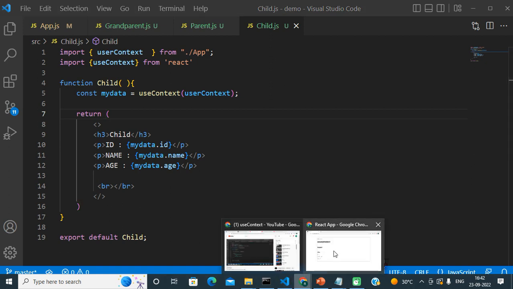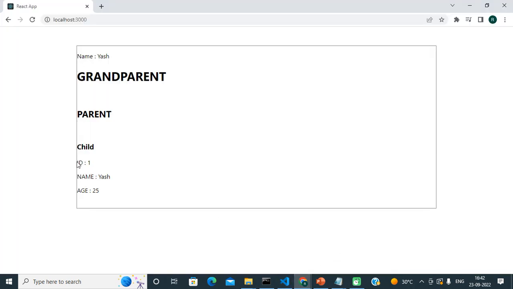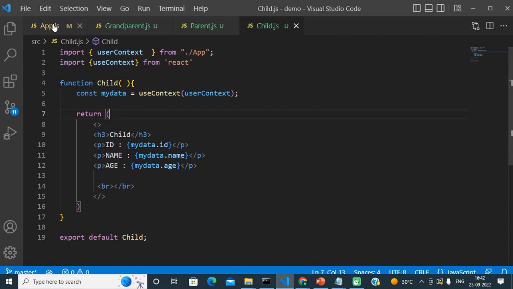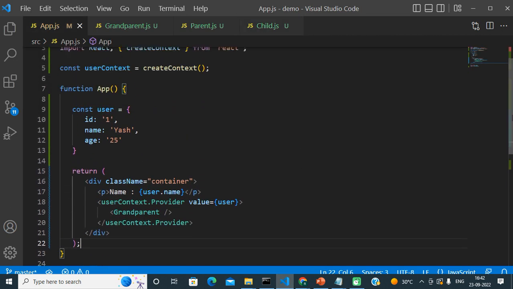And if we see on the browser, this is running perfectly fine. For demonstration purposes, for better confirmation, I am just going to change the property values of the object. Initially it was id 1, so just make this 11, then change the name to Sachin Ramesh Tendulkar and change the age to 50 years.